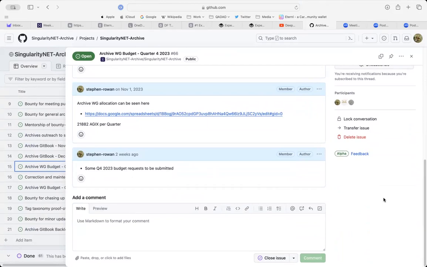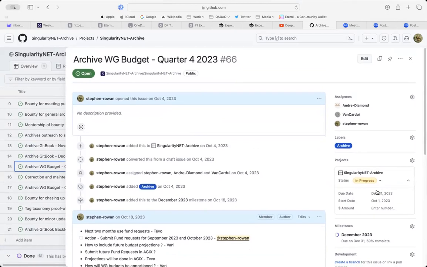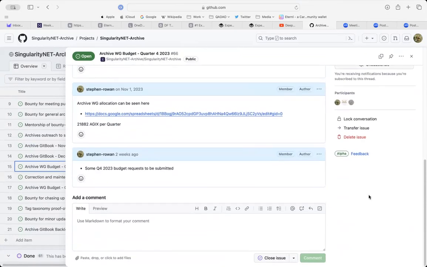Well, no, I have to know what they are and how they should be submitted, because I thought we had that sorted. What funding request needs to be submitted exactly? Anything that is in Q4 2023. Okay, so October, November, and December. The outstanding ones are going to be the actual updates of the archive for November and December, because as we just said, I haven't done them yet. So that'll be by the end of the weekend.